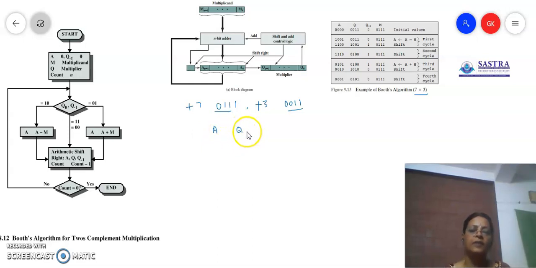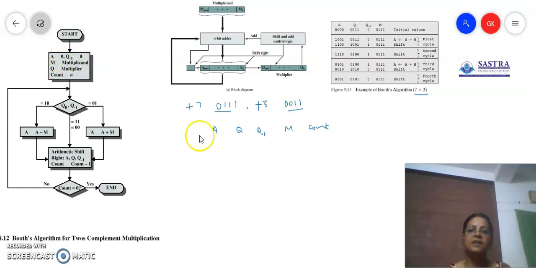decoding the multiplier, we have to examine the Q minus 1th bit. So for that purpose, we are just going to add this Q minus 1, Q(i minus 1). That is going to be the extra LSB, which we are going to add as 0 always. And then we have to store the multiplicand, so the multiplicand will be stored in M. And then we need to have the count also. The count is going to be initialized with the number of bits in the multiplier. So these are the registers which we are going to use for the implementation for tracing.